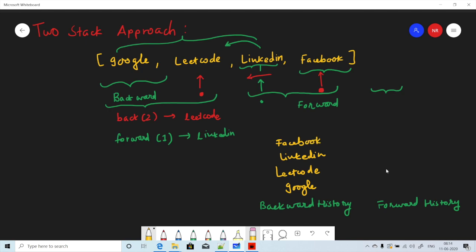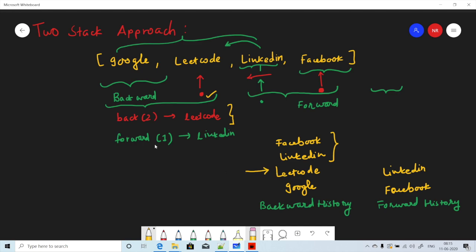All right, at that time we do not have anything in the forward history. So when we call backward, this operation back to, we move to this node. Okay, so at that time we will pop these two from our backward history and push them to our forward history. So Facebook and LinkedIn. These two will be removed from here. Our latest pointer in the backward is now pointing to leetcode.com. So we will return leetcode from here.